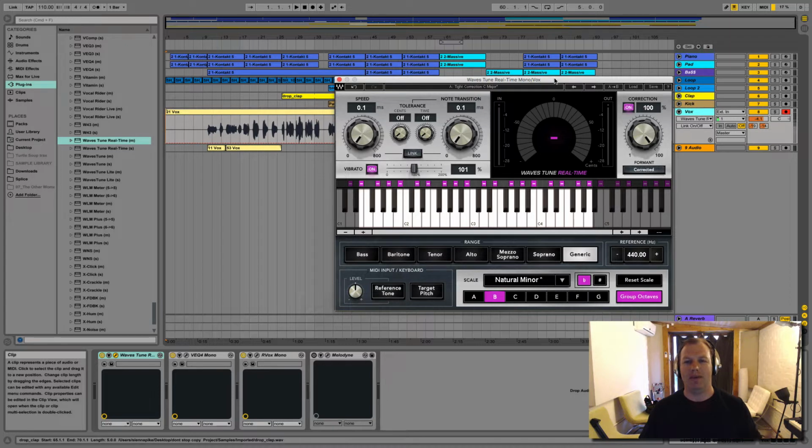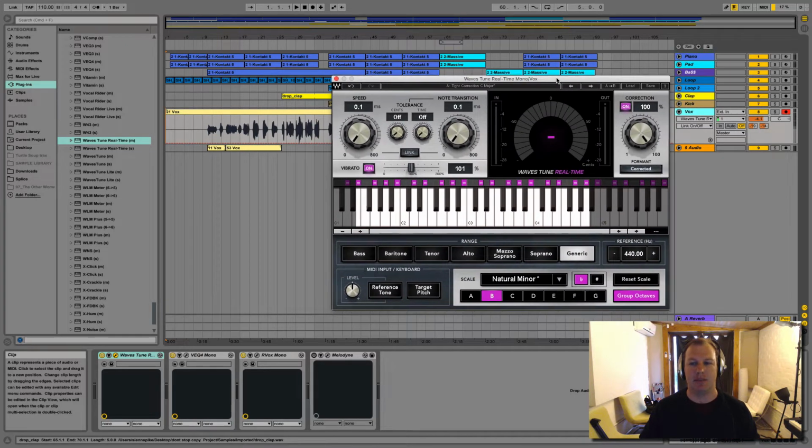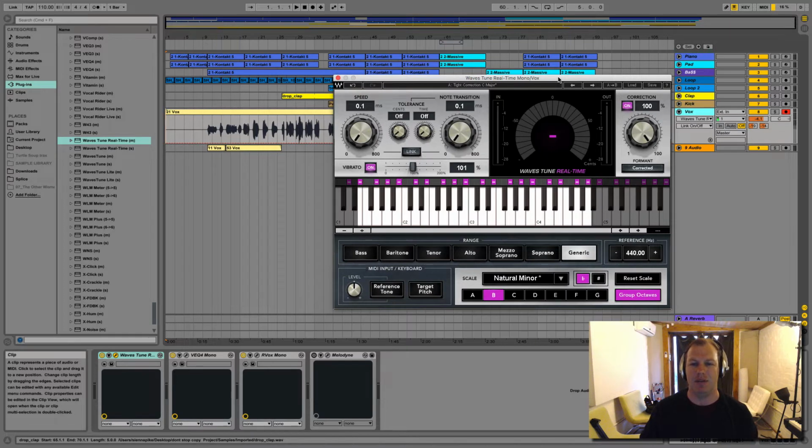So the Waves Real-Time Tuner can be really fun to play around with in vocal sessions because you can actually hear the effect of the Autotune in real time as you're recording the audio, whereas Melodyne is a post-production plugin. You have to get the vocalist to sing first, and then you print that audio into Melodyne where you have really fine control over the pitch and the timing